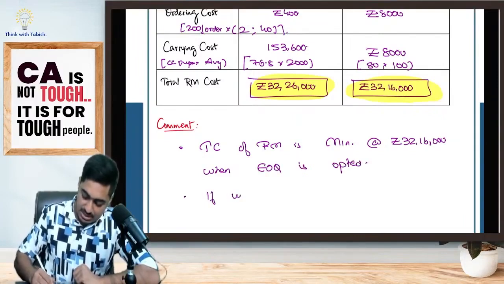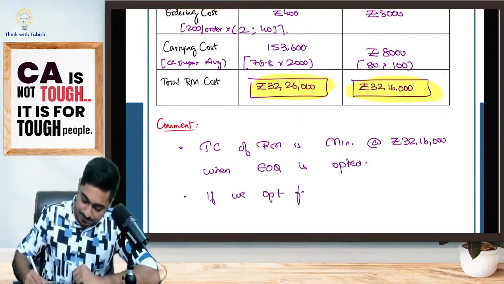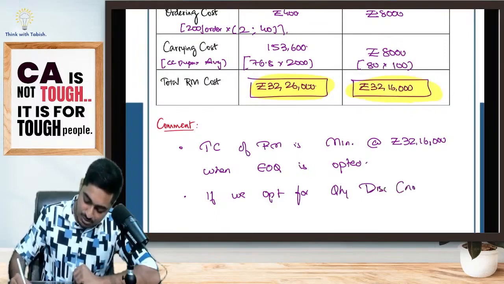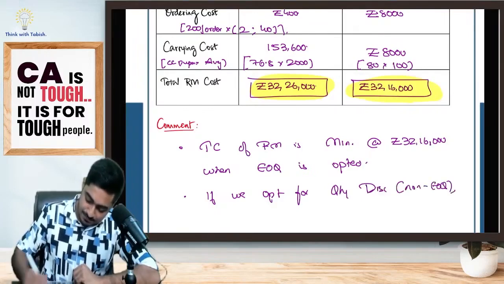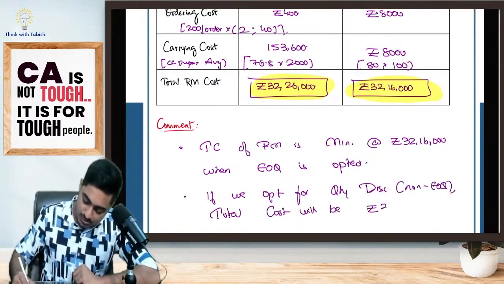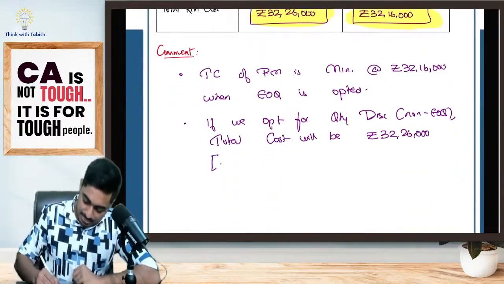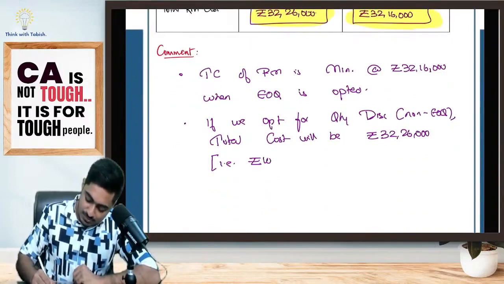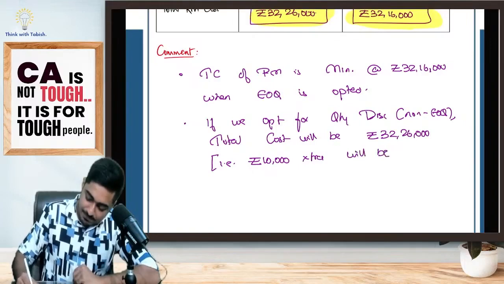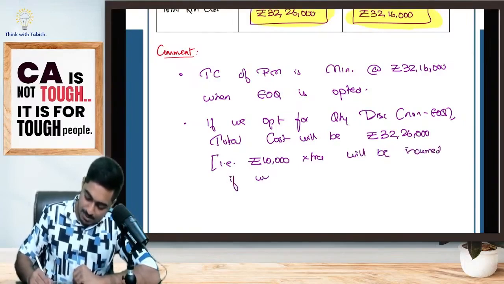If we opt for quantity discount, that is non-EOQ, total cost will be rupees 32,26,000. That is 10,000 rupees extra will be incurred if we opt for